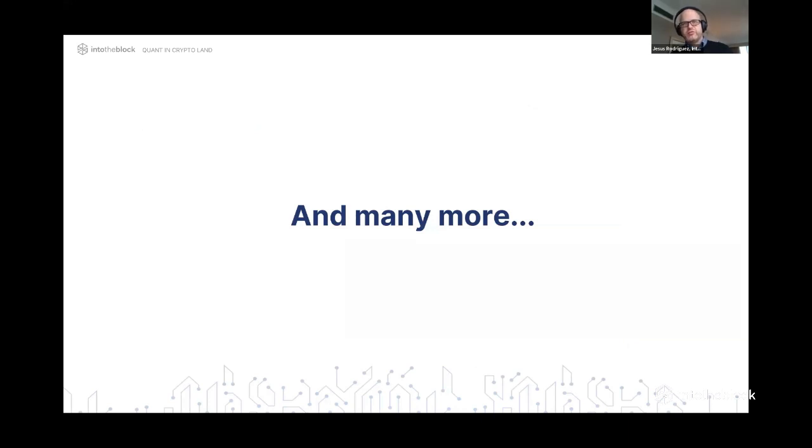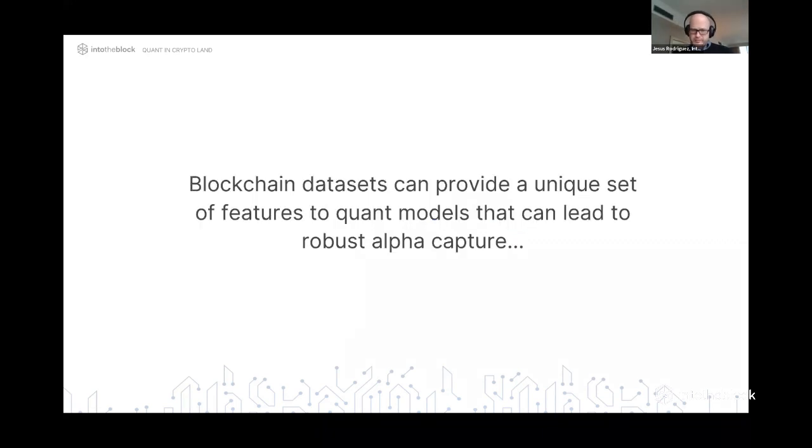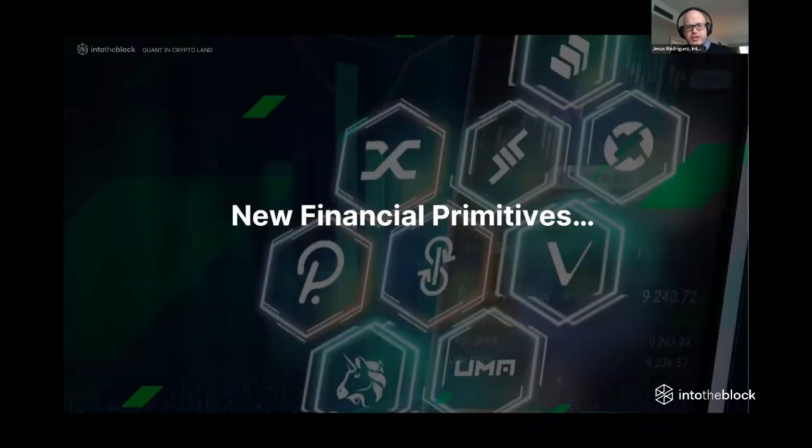Now, there is no magic formula here, right? You cannot take one indicator and, maybe you could, but we don't think it's that trivial, and derive a predictive model from it. Typically, quant strategies use many inputs, and some of these inputs could be features computed from blockchain data sets. But without a doubt, blockchain data sets are a source of alpha and could provide very robust features for quantitative strategies.